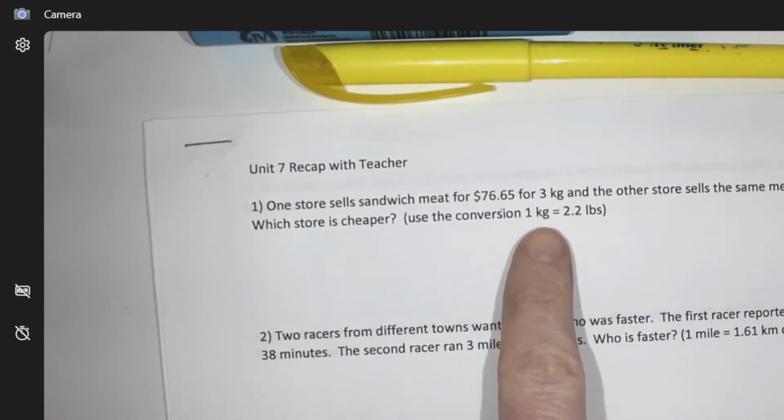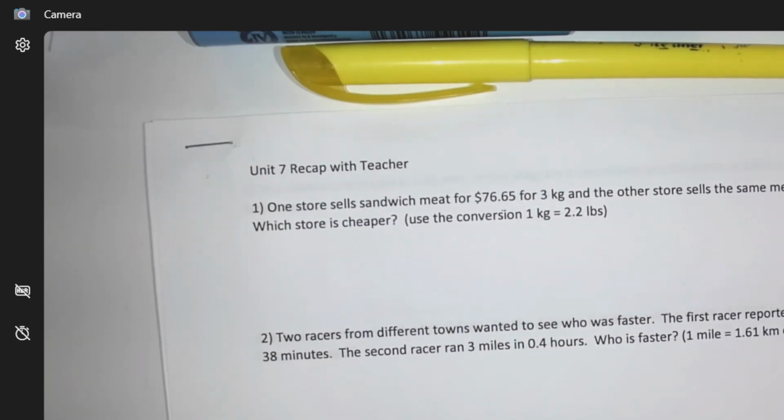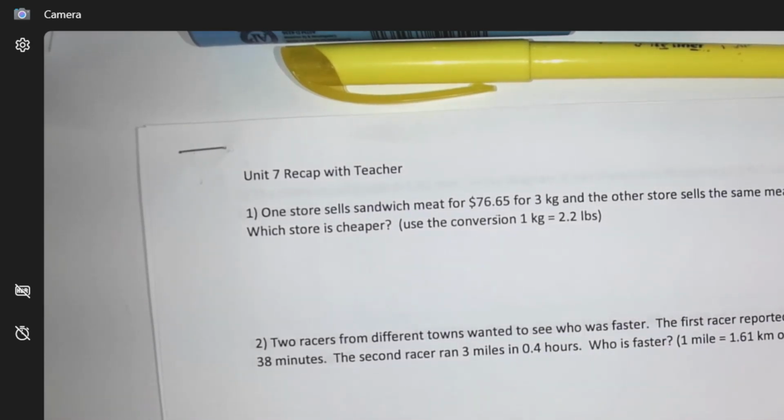Would you like to move this into pounds, or would you like this to be into kilograms? And it doesn't matter. You just have to pick. What do you want to do? Everything with kilograms or everything with pounds? Somebody pick. Pounds. Okay, so I'm going to take this and I'm just going to take the 3 kilograms